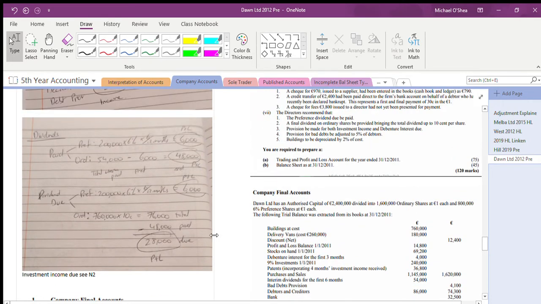I'll go through it a little bit because it is a little bit difficult, just me saying it off the top of my head, compared to doing this in a normal class situation. But we have seen this before in published. The total preference shares is 200,000 by 6% for the year. But we know we've paid 6 months of it already. This has been paid at 6,000, and therefore the other 6 months is due. I know that I've paid dividends for the first 6 months already at 54,000. I know that half of the preference shares has been paid, 6,000. Therefore, the remaining